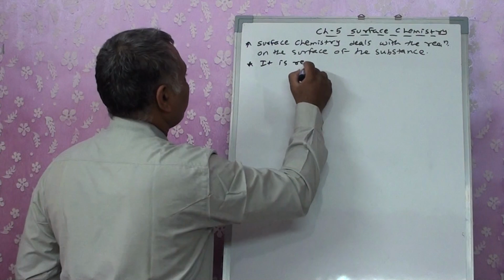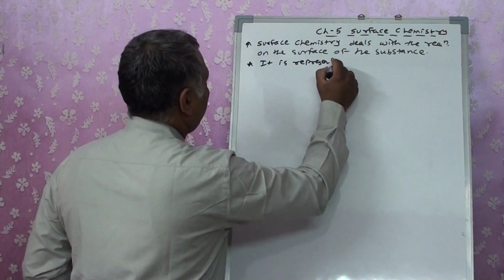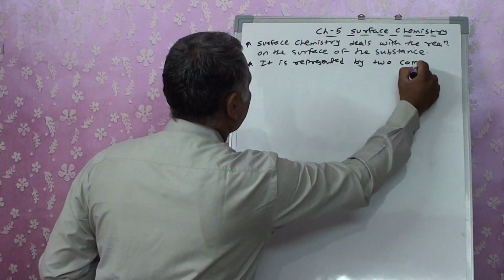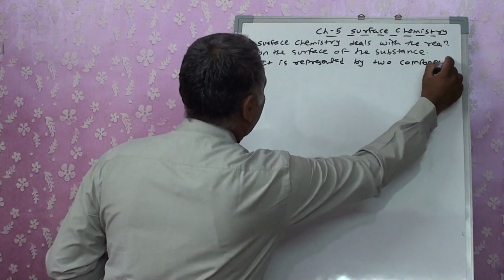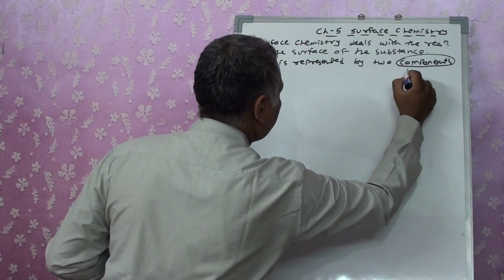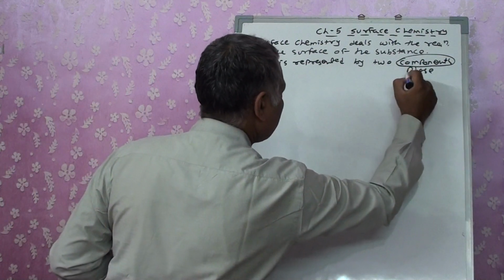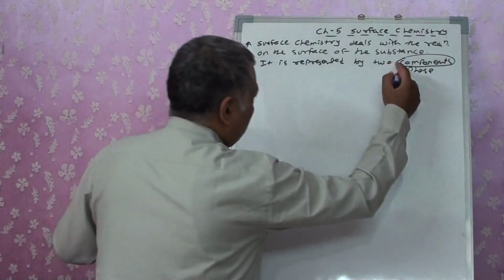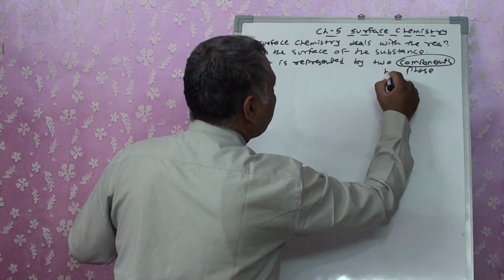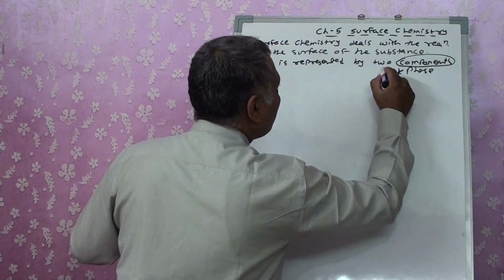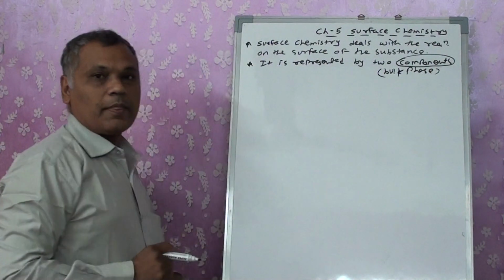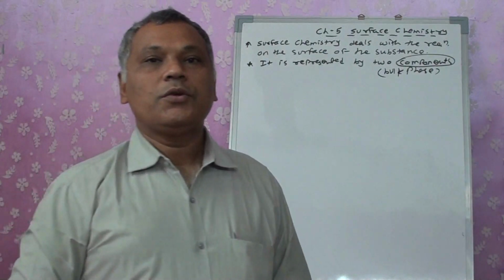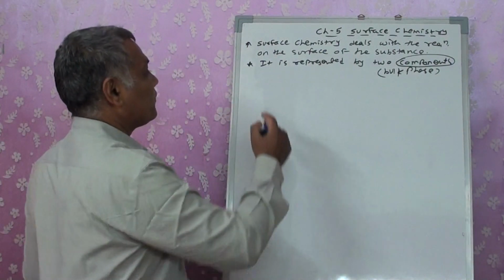In surface chemistry, we consider that it is represented by two components. These are termed as two phases. We write it as two phase, right? We even write it as two bulk phase, right? The two components, two things are taken in bulk, so we write it as two bulk phase,